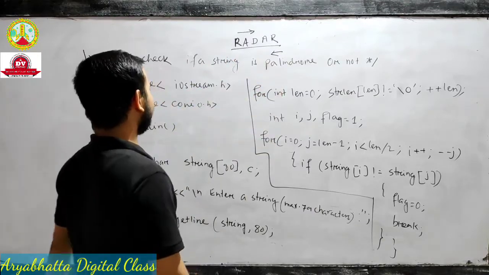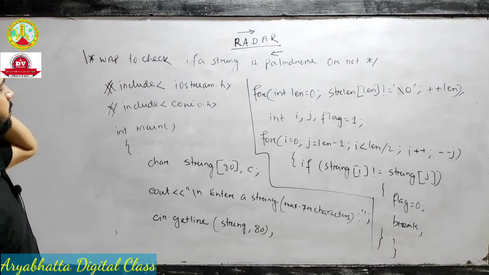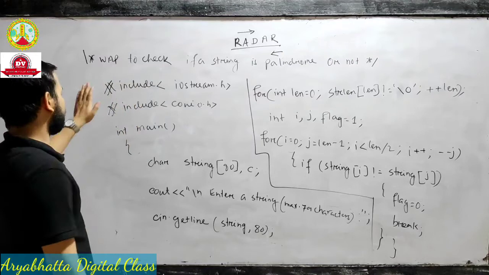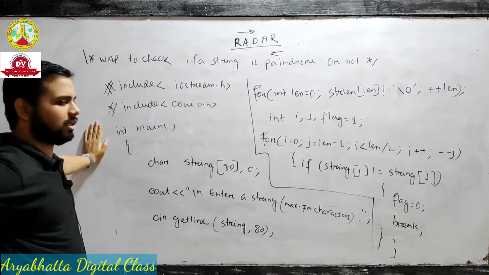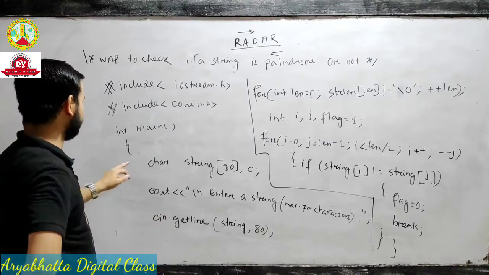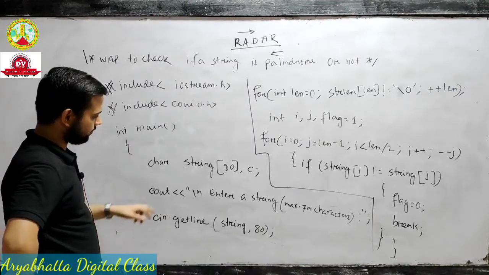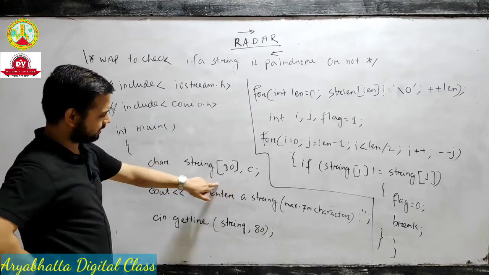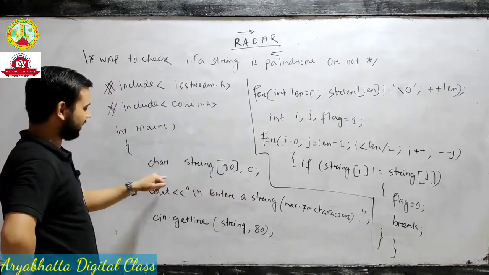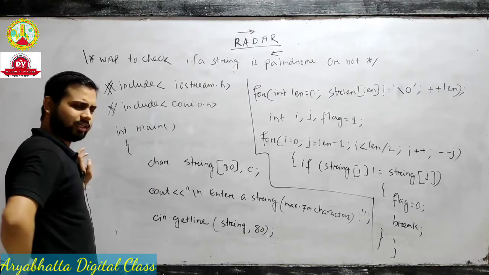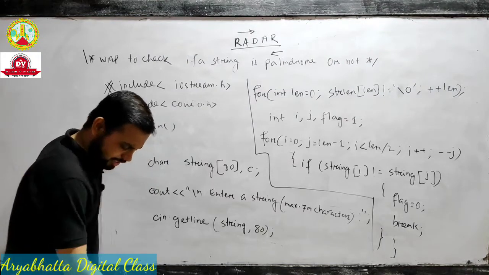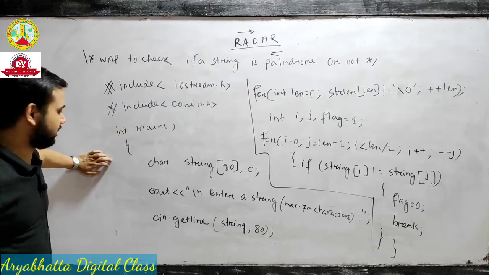We have to find whether a string is a palindrome or not through C++ coding. Now see these three lines, we already discussed many times: the header file and the main function. I will not discuss them here. We take a string, so we have a variable c of data type char. A string is always characters, because the definition of a string is a collection of characters.